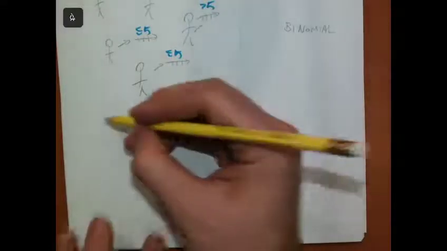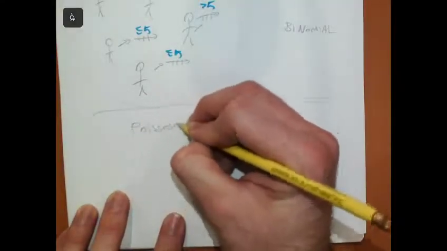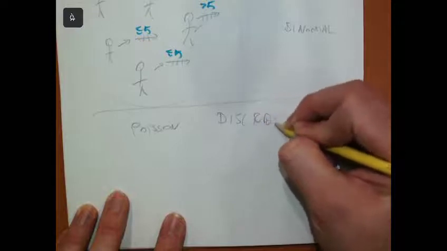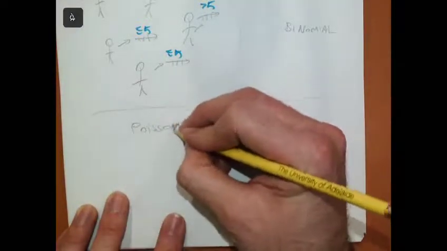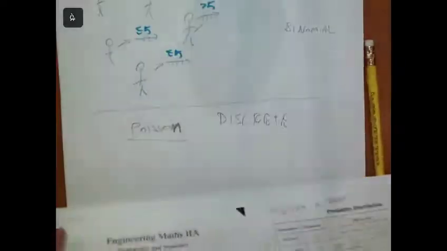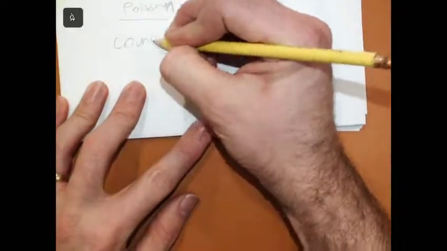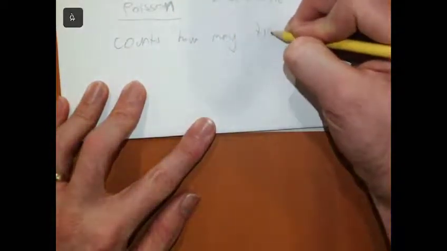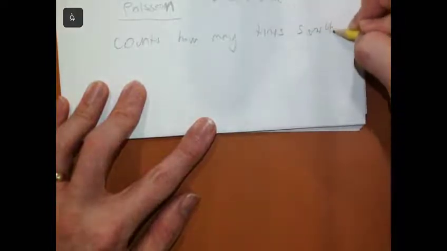The other distributions are the Poisson distribution, which is also discrete. And what I want to point out is how it is different from the binomial distribution. You've got this lovely thing here which says that the Poisson distribution happens when you count the number of events in a specified amount of time or space. That's exactly what it says. I want to compare these to each other. Something happens